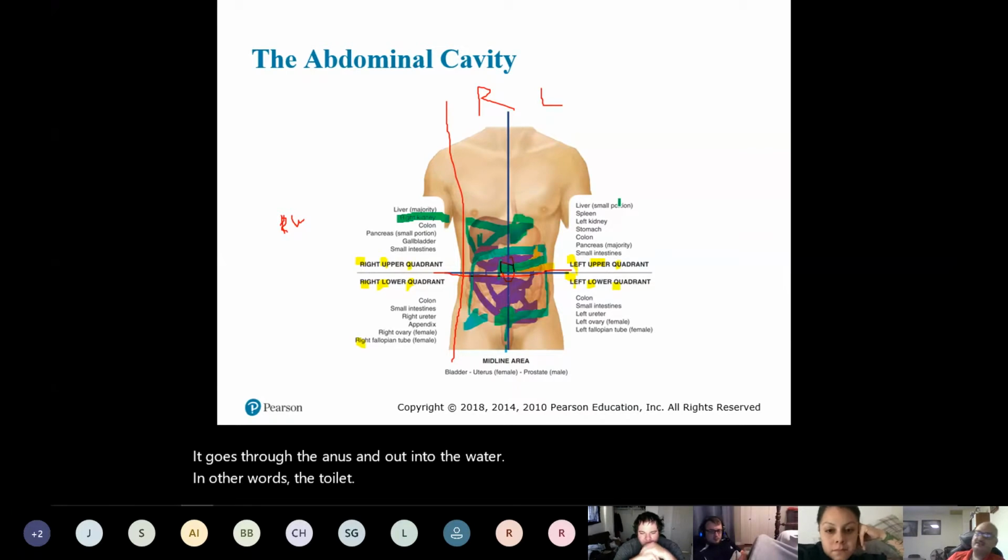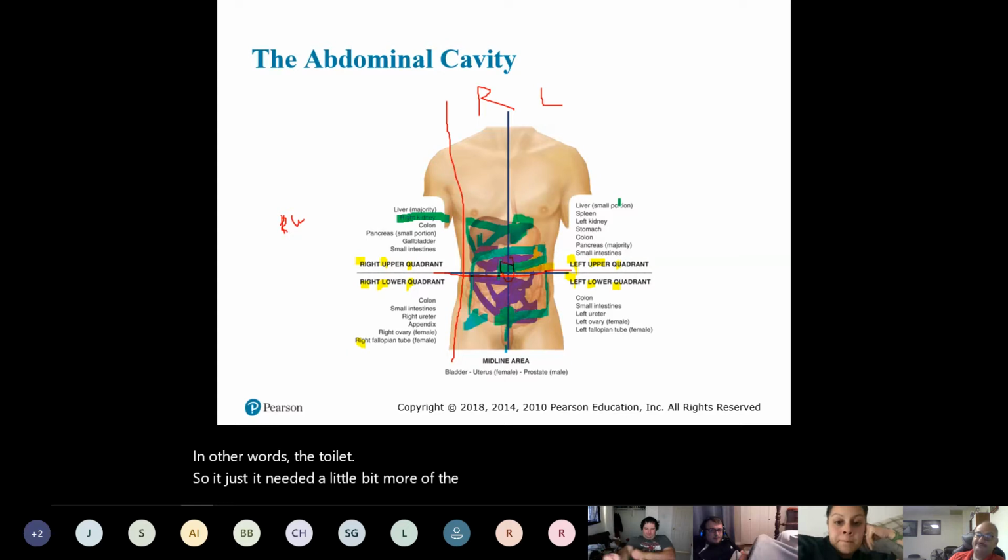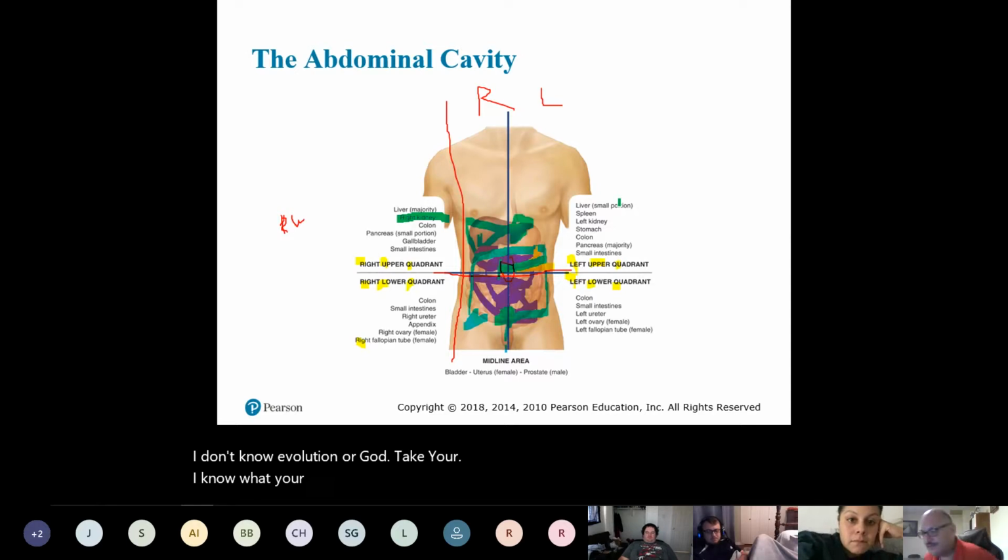So it needed a little bit more of the rationale why, I don't know, evolution or God, take your pick. I know which one I pick, but